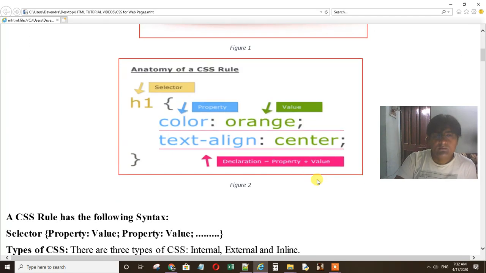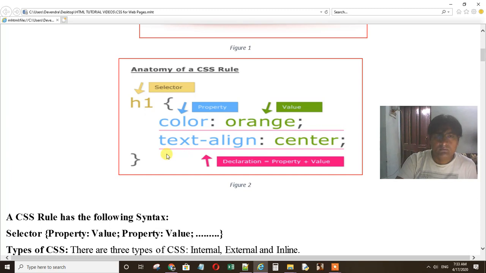Before we proceed, let's try to understand how CSS works. CSS works on rules. Generally, a rule has this structure. This is the h1 tag, then the opening brace. This is a property, then a colon and the value for this property. Again, a property text-align, colon and the value.